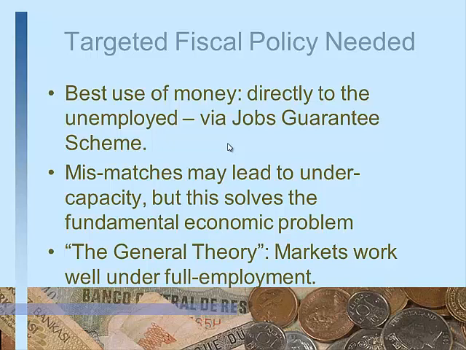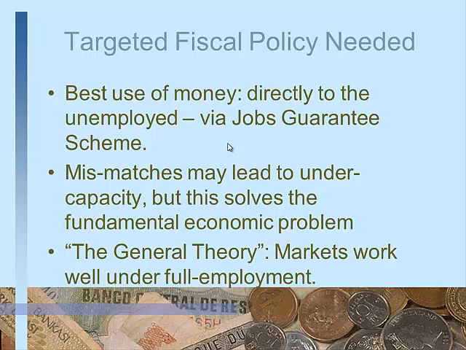Now there are many kinds of mismatches that can occur in the job guarantee. First of all, one has to work carefully to avoid corruption. We are providing job guarantees. If somebody comes in and does a job, we want to make sure that this is a productive job, so that it adds to the economic output. Otherwise, if the person is just listed on the payrolls, like happened in the steel mills, where thousands of workers were added to the payrolls, and they pick up the check at the end of the month, but they never show up, then this kind of thing can happen in any kind of job guarantee program. So this has to be prevented.